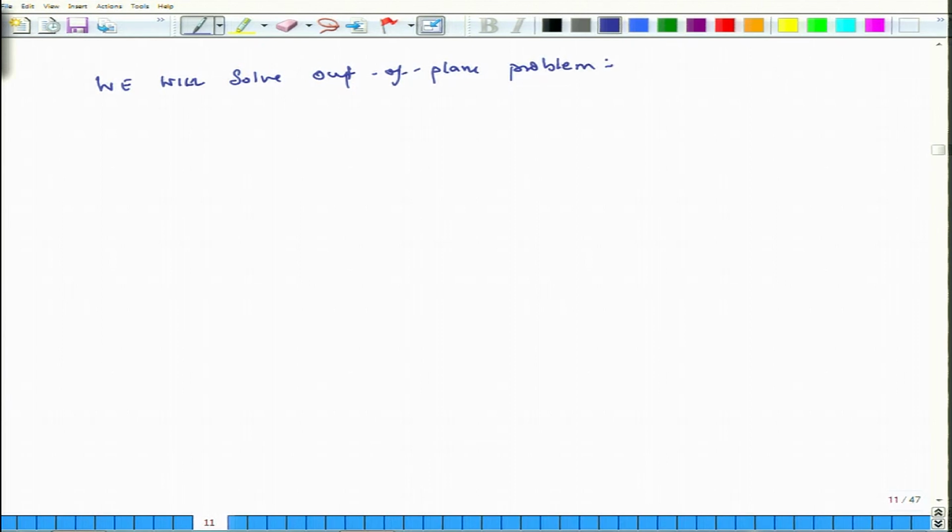Once again this is del 2 Mx over del x square plus 2 del 2 Mxy over del x del y plus del 2 My over del y square is equal to minus q naught, and we know that